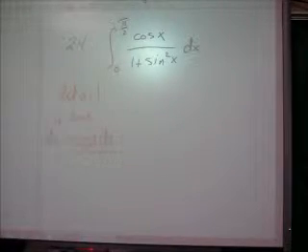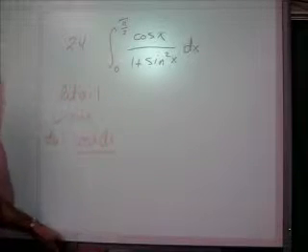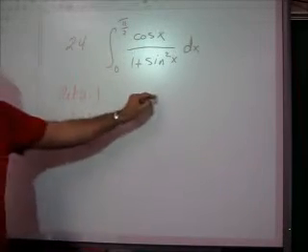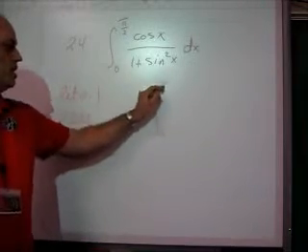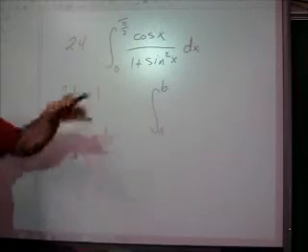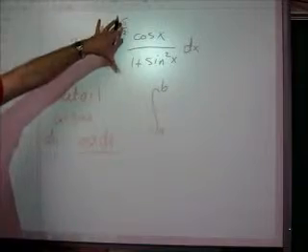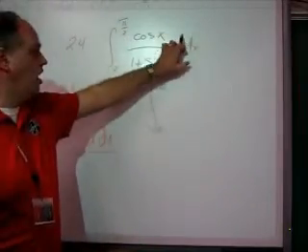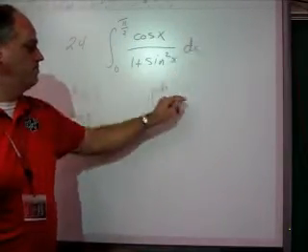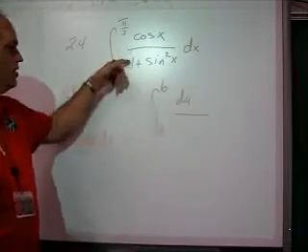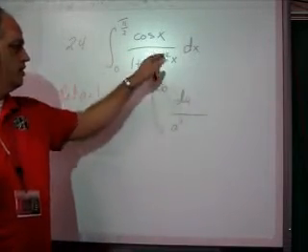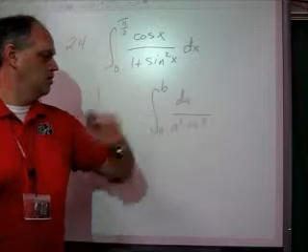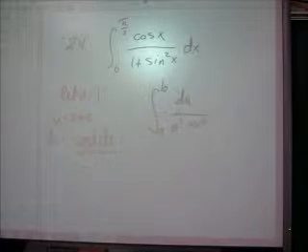Does it exist in the problem? Yes. Wow, that's kind of nice. So I would rewrite this to help myself out, saying from a to b, once I change to u values, I need to change my interval here because they're different. All of this right here is du. This is a squared. This is u squared. Well, hey, I've got that pattern now, right? So that means the answer to this problem is going to be